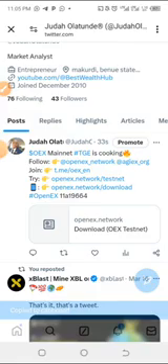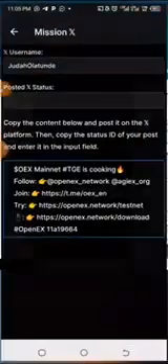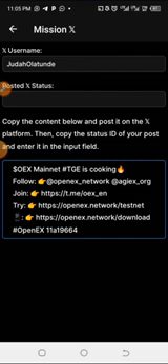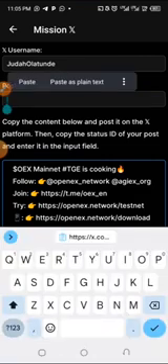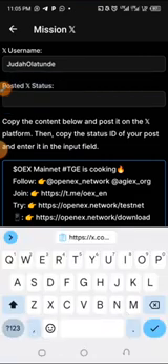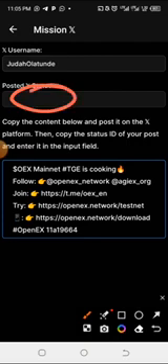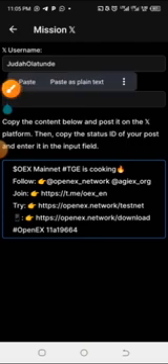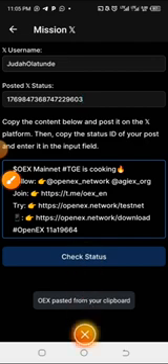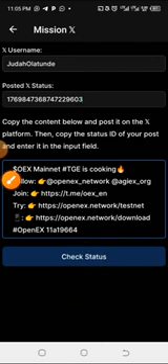Now I have copied the link, so you minimize and return back to the OpenX app, and then on this section you post this way. You're going to be pasting what you just copied just now. Paste it there, and then after pasting it, click on check status. Alright, click on it and then wait for that to